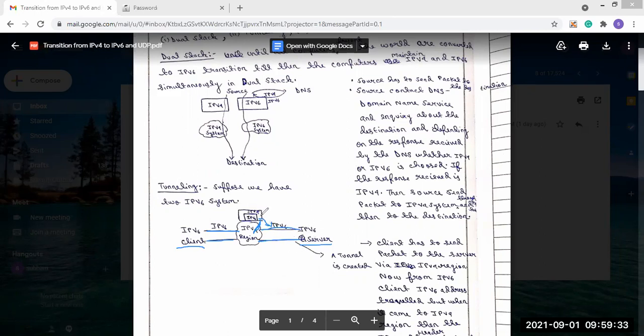That means the IPv4 header will be omitted, and we simply use the IPv6 address, because this time the address is IPv6. In simple words, we can say that an IPv6 packet is encapsulated in an IPv4 packet when it enters the IPv4 region, because this IPv6 packet will be encapsulated within an IPv4